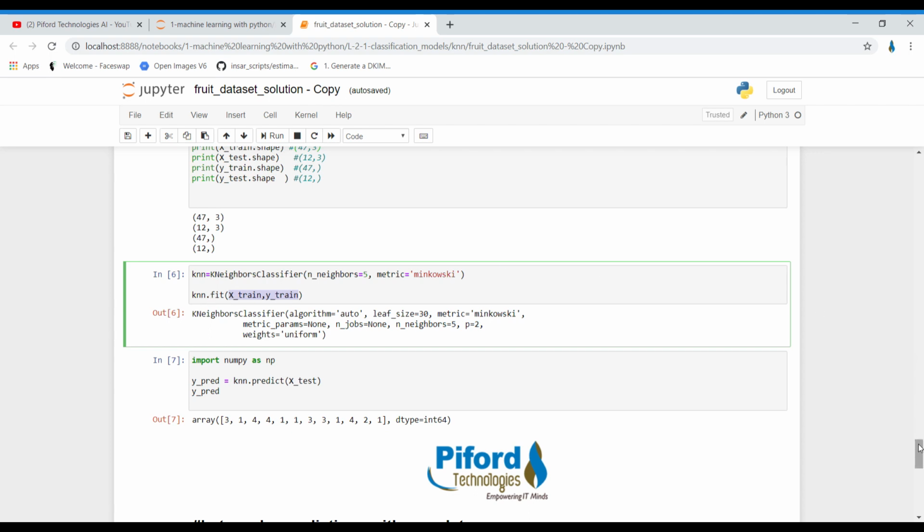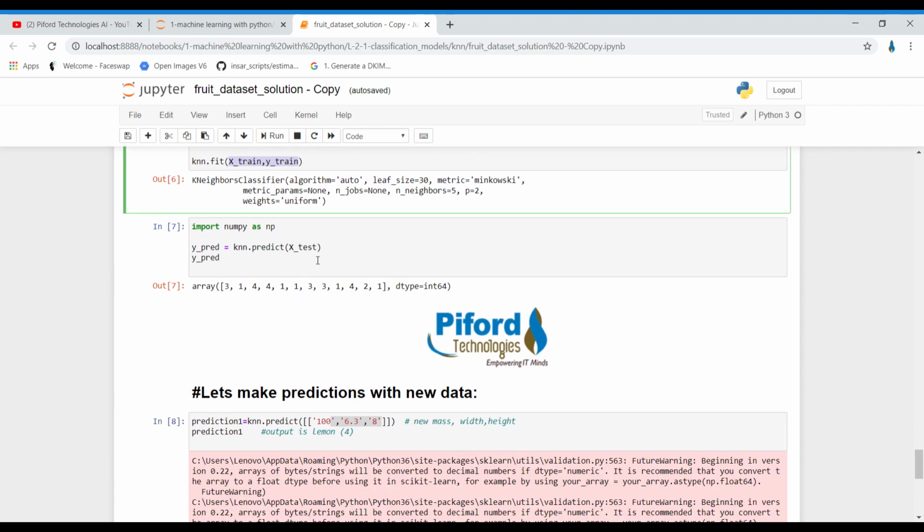After that, on test data, which is X test, I'm performing the prediction. We had 12 records in X test, so we got 12 predicted values. The first test record belongs to the fruit which was encoded as 3, and this one to 1. So this is how it works.